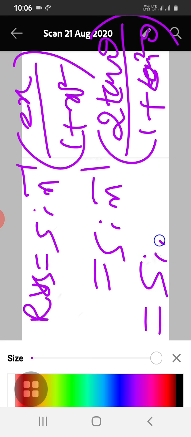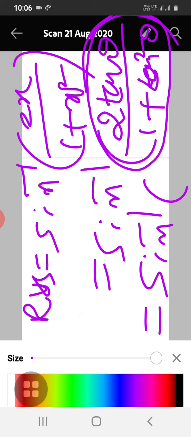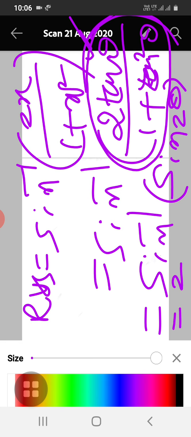So then I can write this as sin inverse of, observe here. What is the quantity inside the bracket? 2 tan theta divided by 1 plus tan square theta. What is the formula? 2 tan theta divided by 1 plus tan square theta, this we have to remember. This is sin 2 theta. Sin 2 theta is equal to 2 tan theta divided by 1 plus tan square theta. So that becomes sin 2 theta. So sin inverse of sin 2 theta, that will be 2 theta.